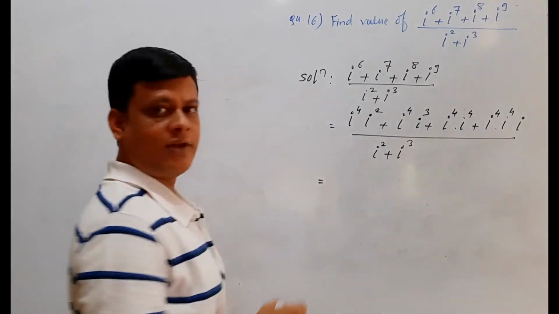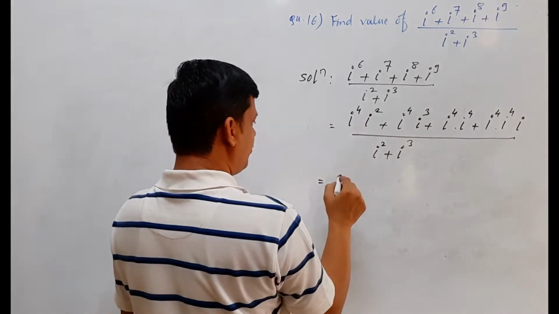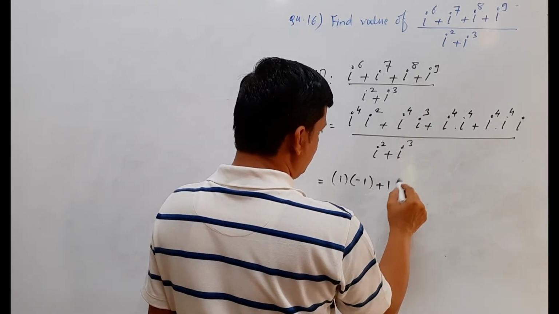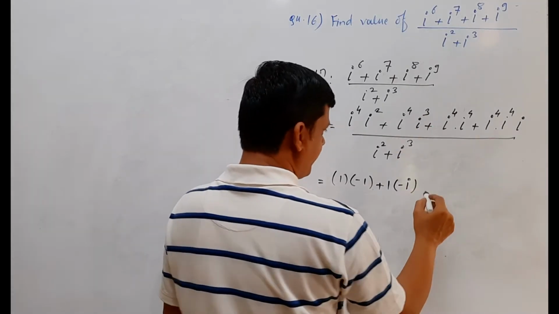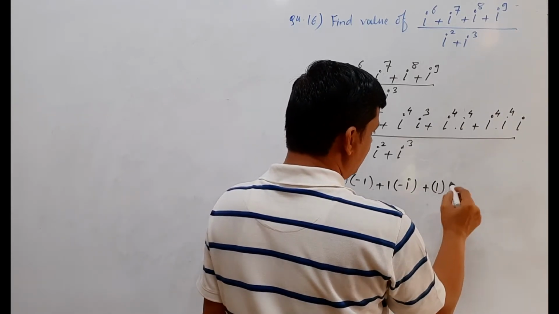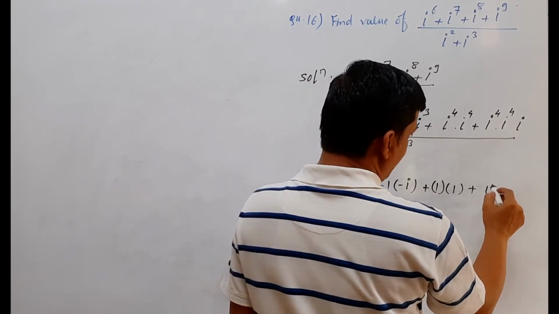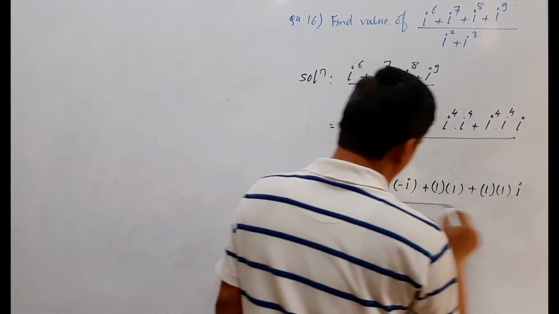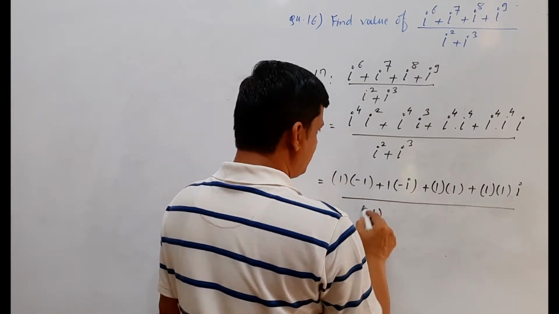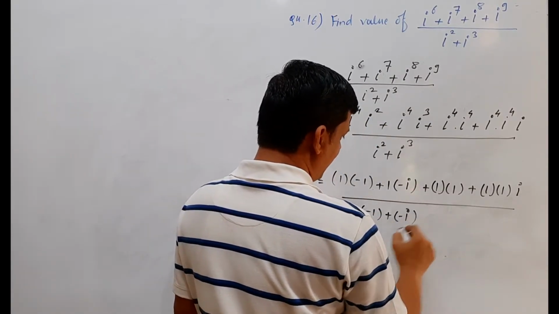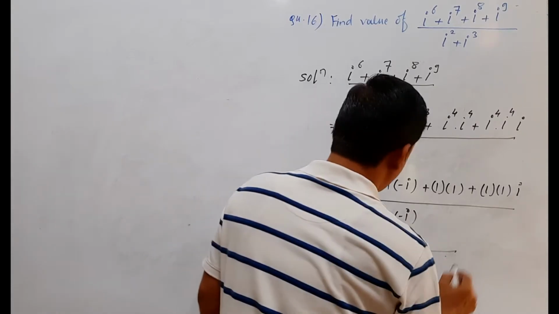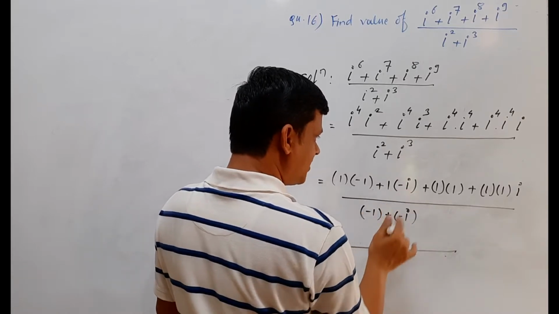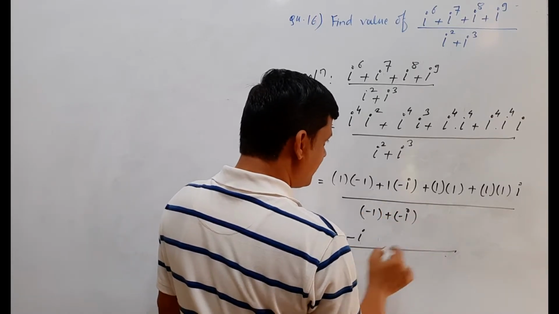Now substitute the values. So this i raised to the power 4 is 1, i square is minus 1, i raised to the power 4 is 1, i cube is minus i, i raised to the power 4 is 1, i raised to the power 4 is 1, i raised to the power 4 is 1, i as it is, upon i square is minus 1, i cube is minus i. So write this as 1 into minus 1 is minus 1 plus minus minus, so we get here minus i. Then